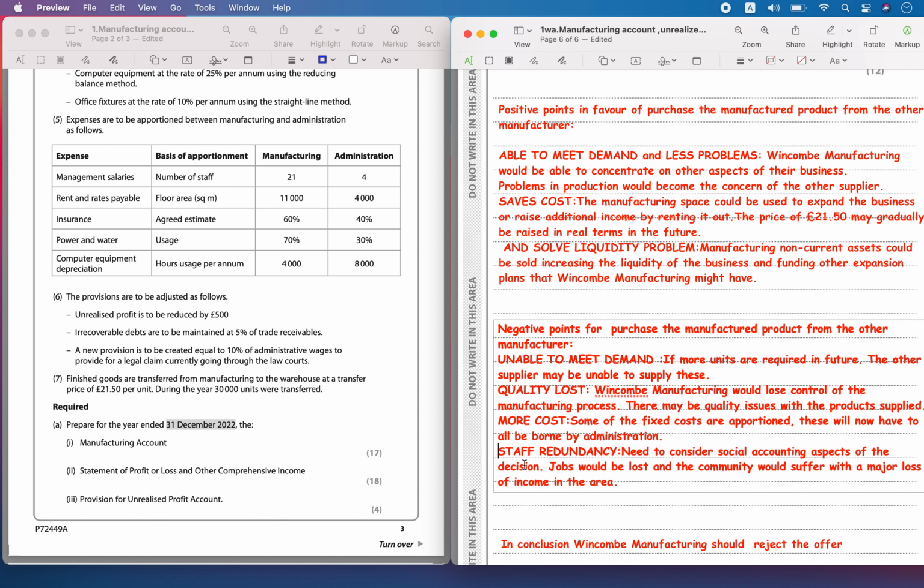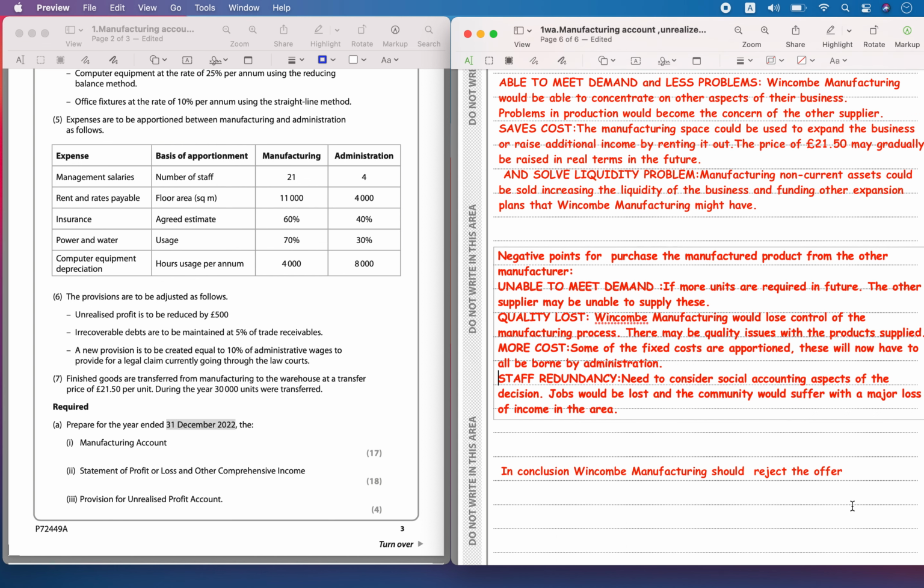So you need to consider the social accounting aspects of the decision. Jobs would be lost and the community would suffer with a major loss of income in the area. In conclusion, he should